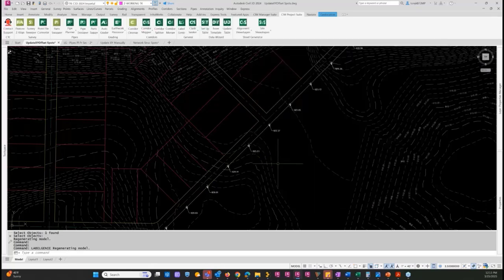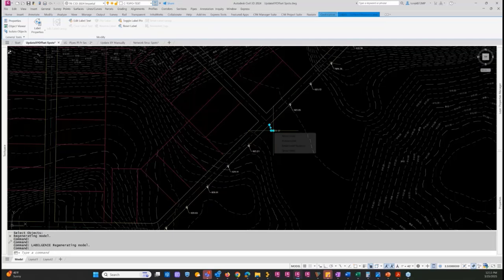There, it turned all of those. So I'm going to move these to show you what the new feature does. I'm just going to move a couple here, and I'm going to delete a couple here